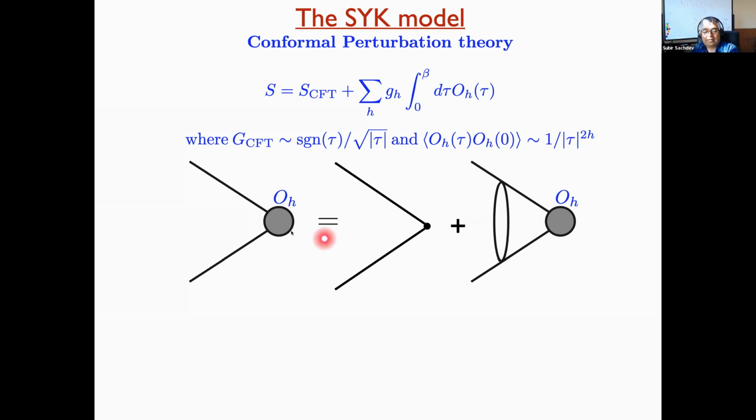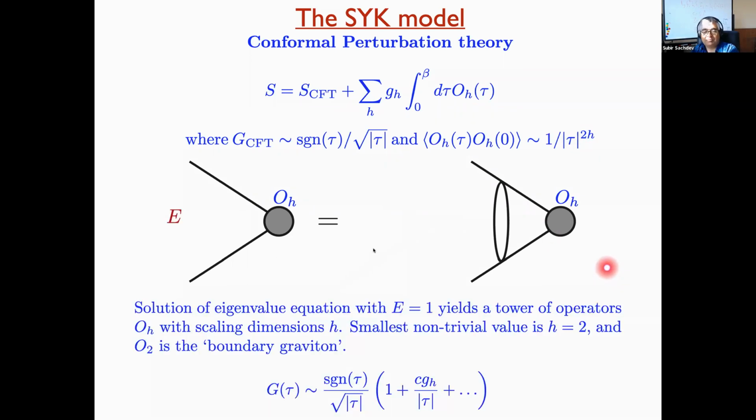All right, so now you want a solution which has this divergent behavior as tau goes to 0. And in that limit, you can ignore the bare term and just look at this as an eigenvalue equation where I put an eigenvalue E. And so you have to solve this equation. It's an integral equation with some operator corresponding to these graphs. And you just have to solve this equation and look for values of H for which there's an eigenvalue